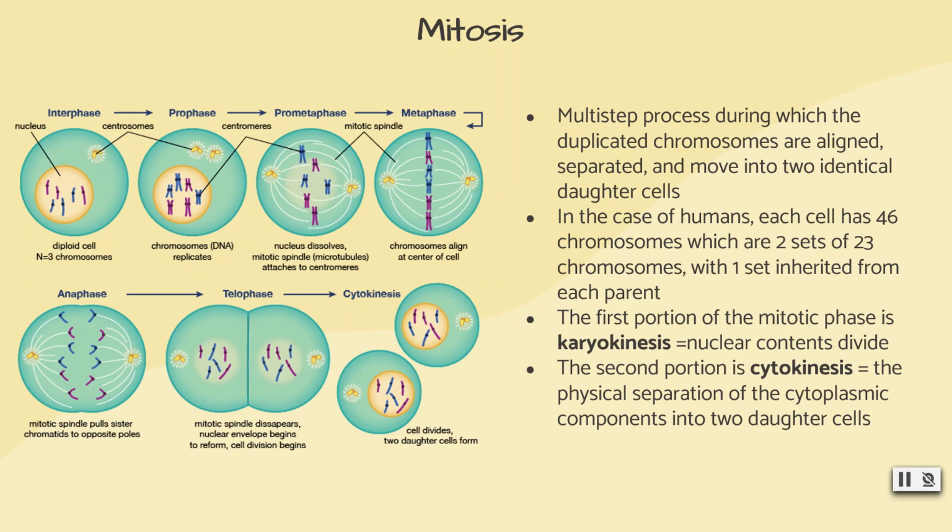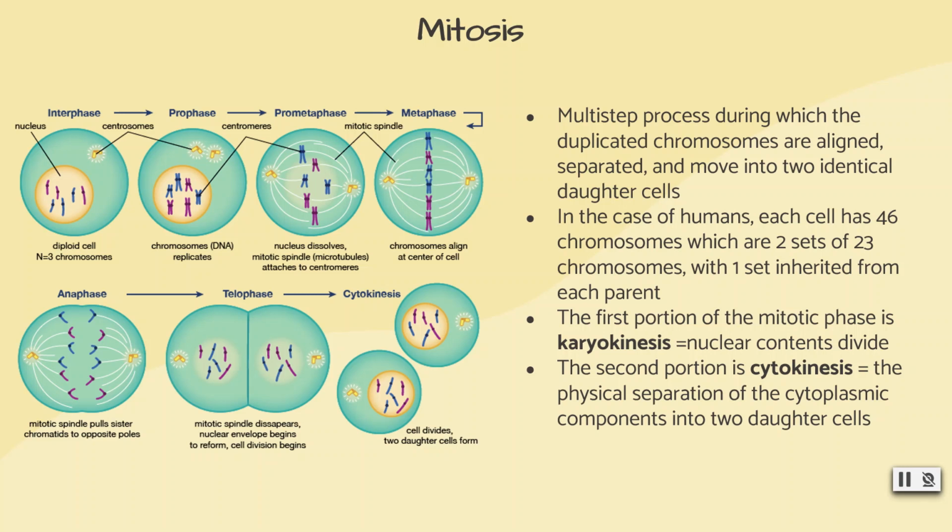Mitosis constitutes a form of cell division that occurs in non-sex cells or somatic cells and produces two identical daughter cells. It's basically this multi-step process in which the duplicated chromosomes are aligned, separated, and moved into two identical daughter cells. In the case of humans, we have 46 chromosomes, which are two sets of 23 chromosomes with one set